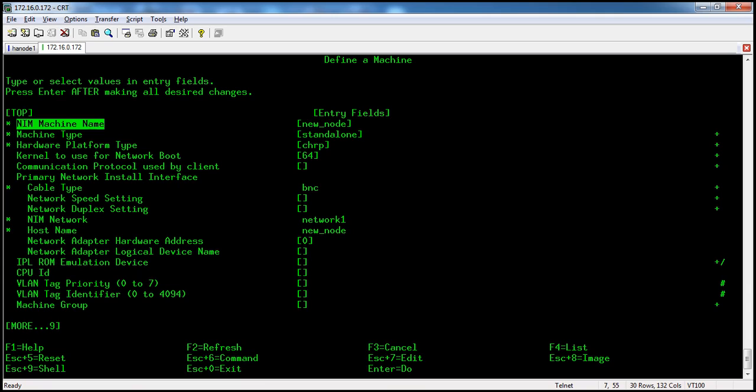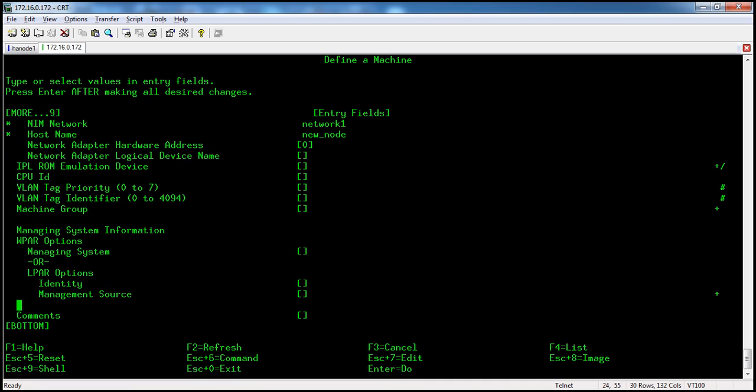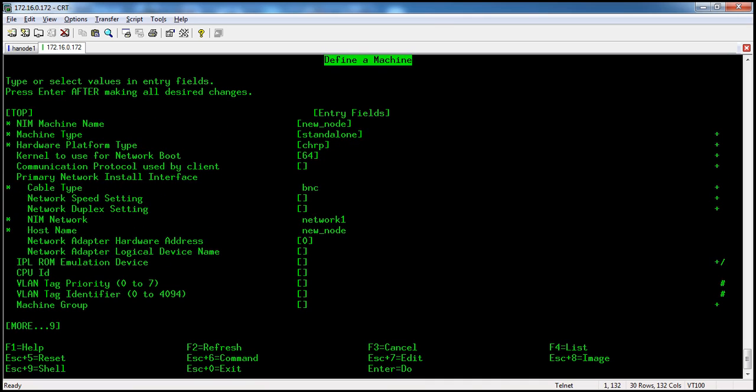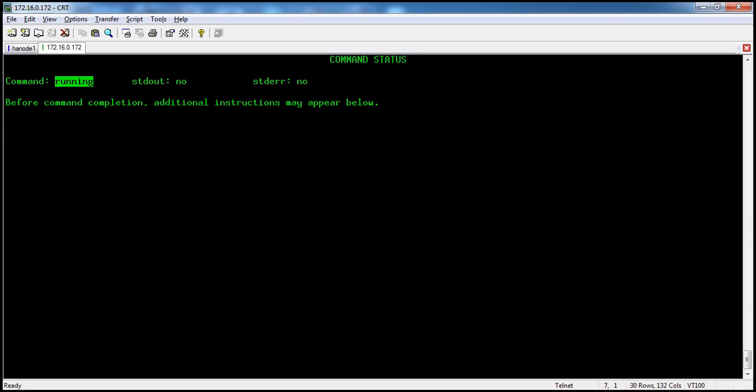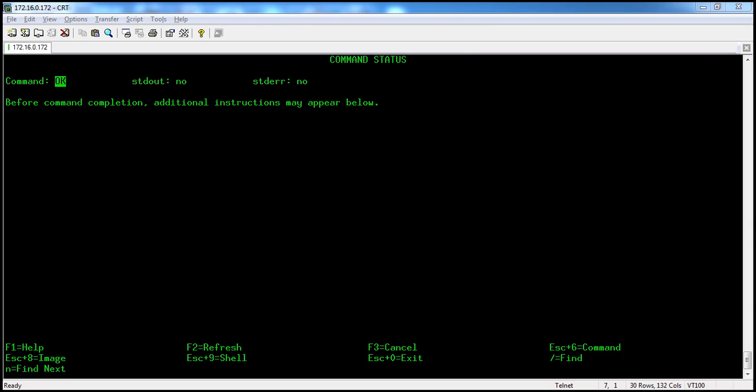It automatically collects all the information from the /etc/hosts file. Press enter. Now the NIM client is configured.